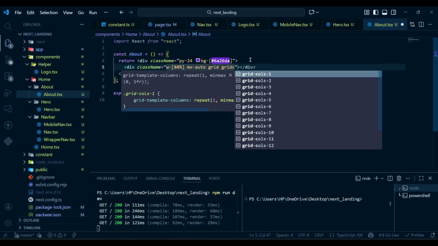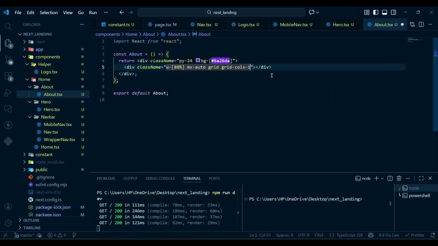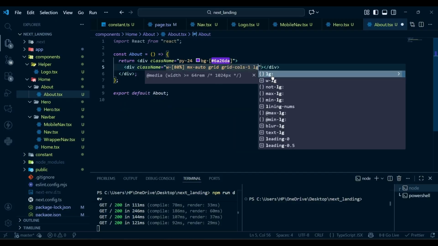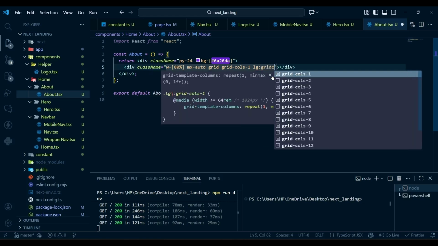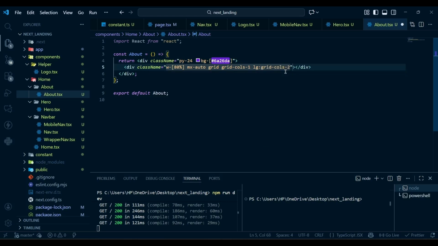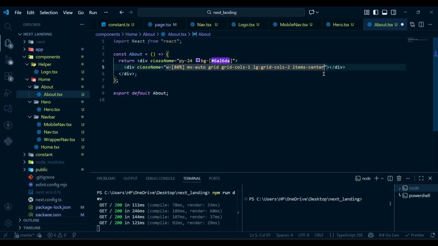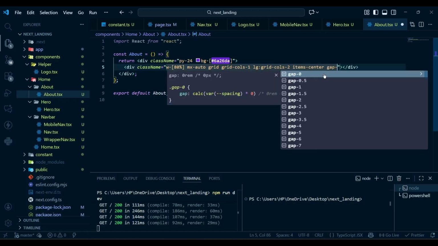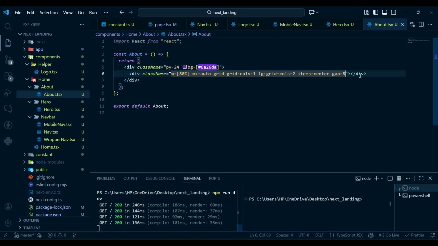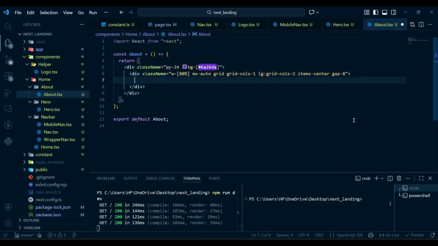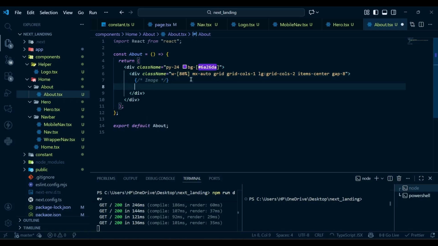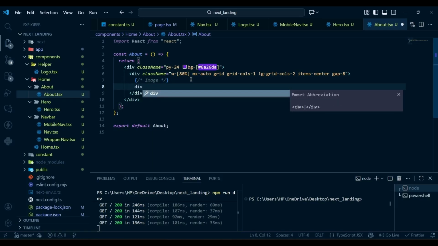grid-cols-1, in a larger screen grid-cols-2, items-center, gap-8. That's it. Now inside this first we have an image, so I'm going to use a div,